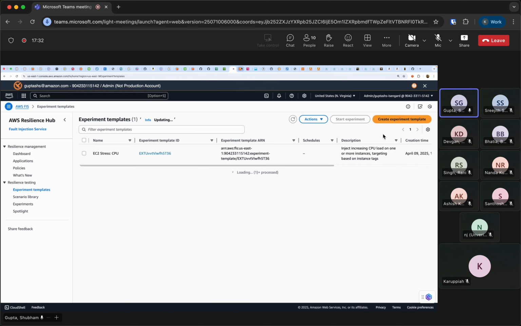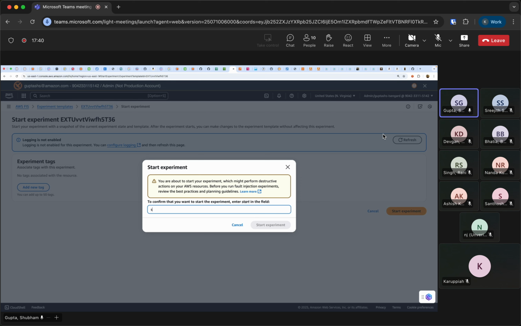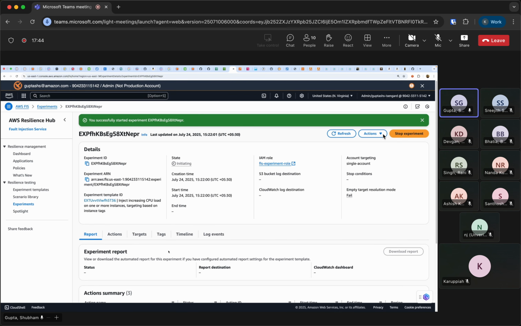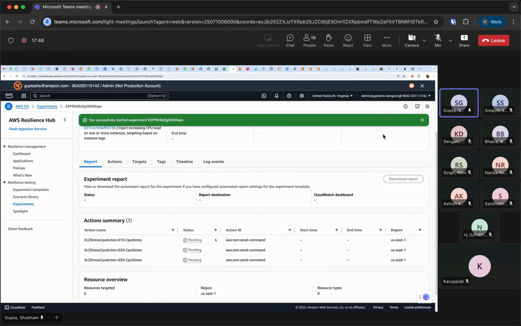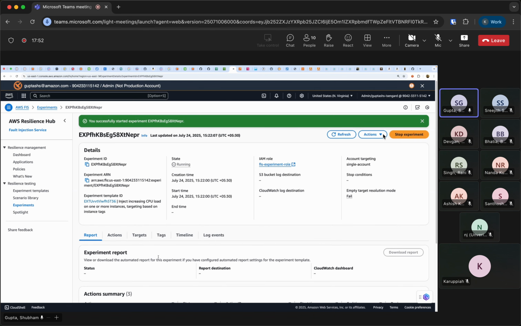Now I have this fault injection service, and I've created an experiment here which will basically load test the EC2 instance. It will create a load of greater than 90% on it for 15 minutes. I've created this with a 5 minute gap, and I've enabled this.